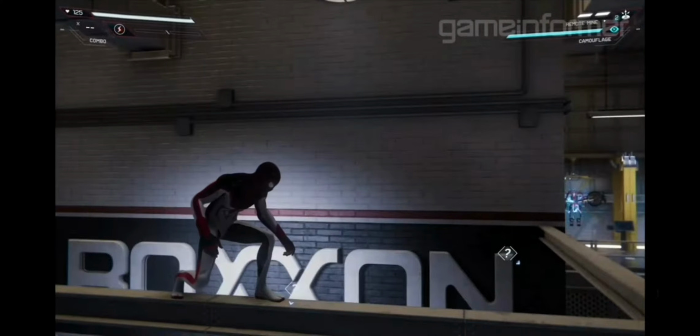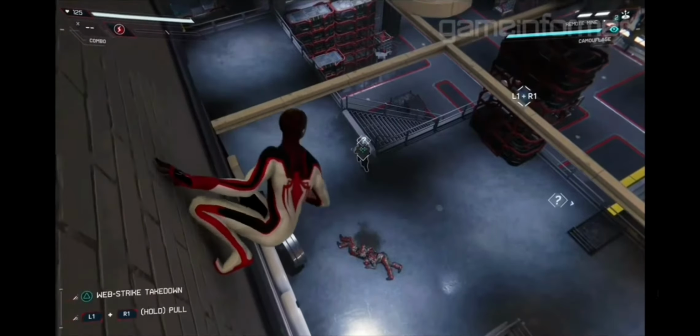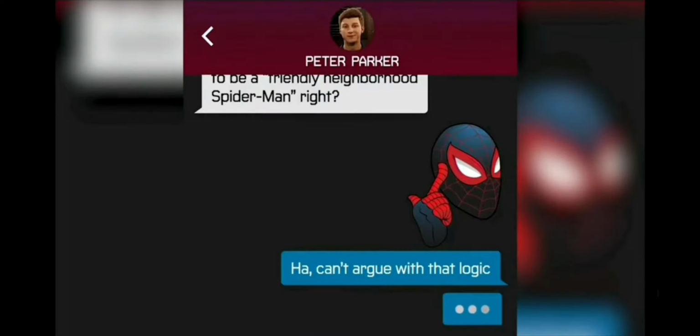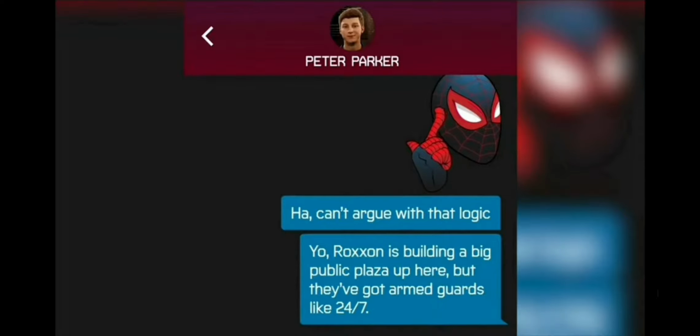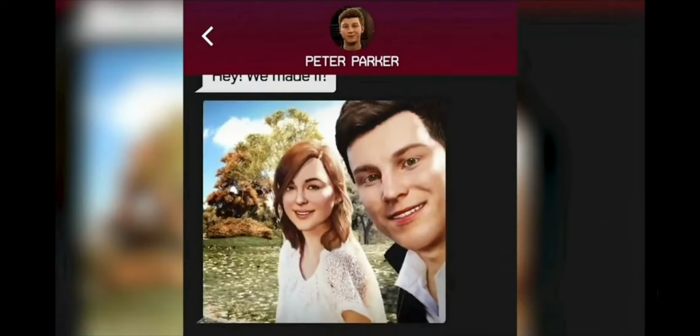Nice white, red, and black. It looks very stealthy, in my opinion. It looks like a stealth suit, which I like. I really like that look. As well as this, we hear that Peter's on holiday with MJ, and that photo there has actually